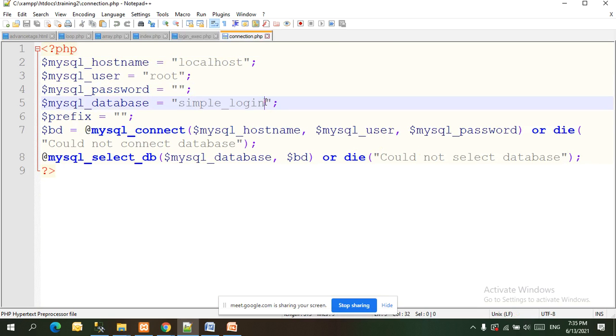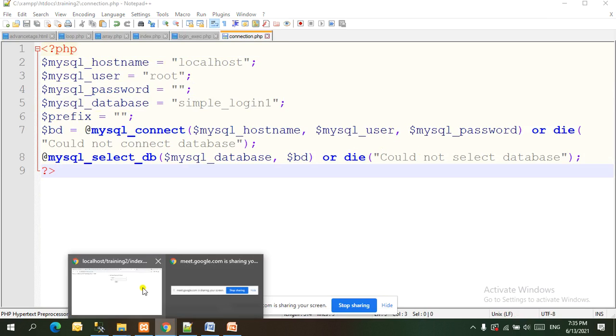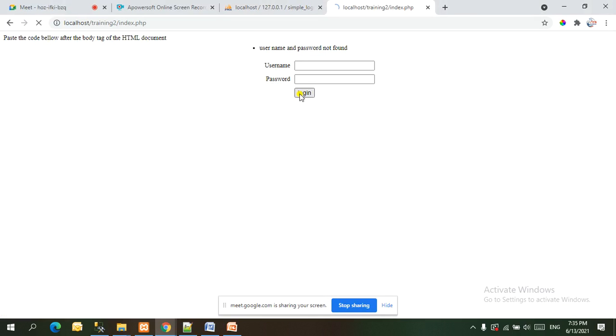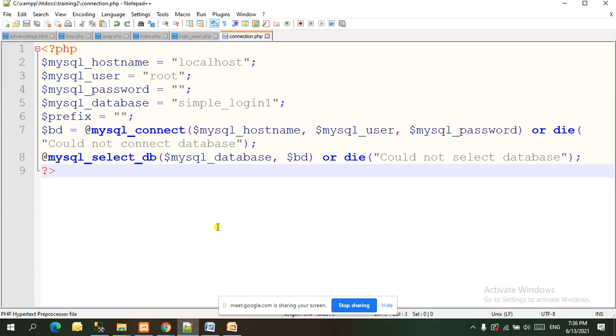So if I change it to simple login 1, which we don't have, now you check what message comes. Could not select database, means it's not finding. Good. So from here we came to know that it's going to search the database. I gave a username and password and it says it's wrong.